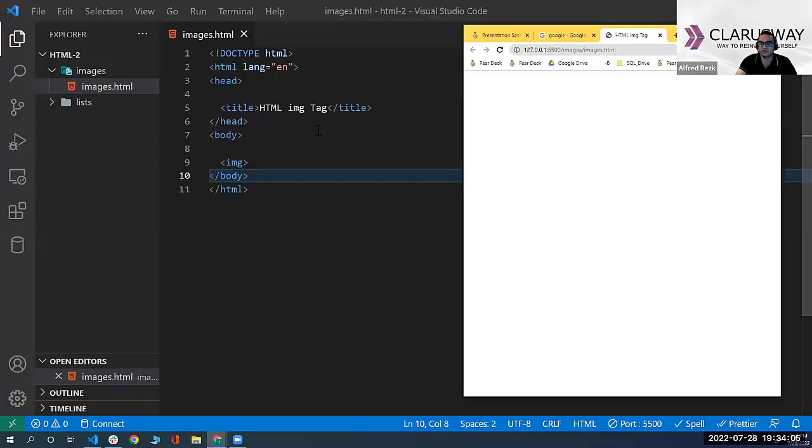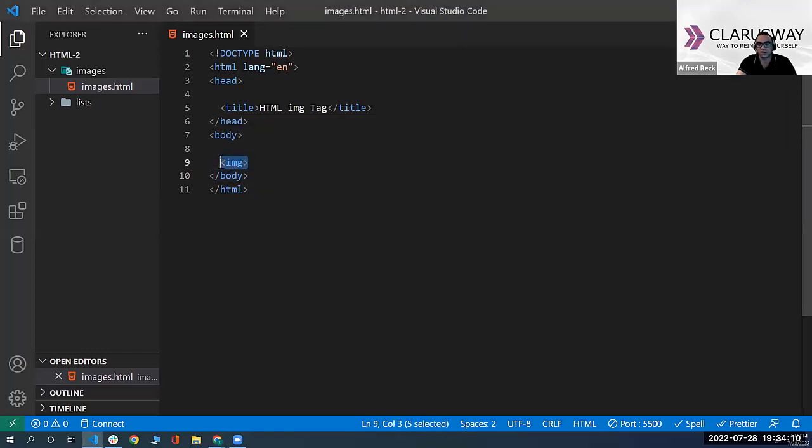Open it with the browser. Nothing here. Why is it showing nothing? Because I never defined what this tag is, where the image is going to show. It's like which image I'm trying to let the user see, right? So I need to define where exactly the image is to show in that place. And to define